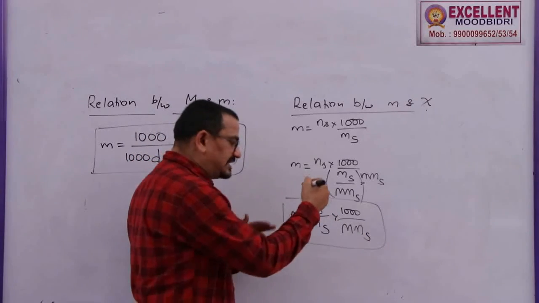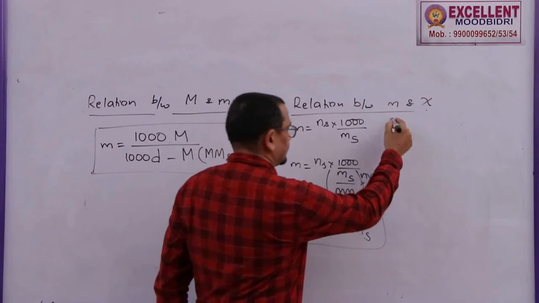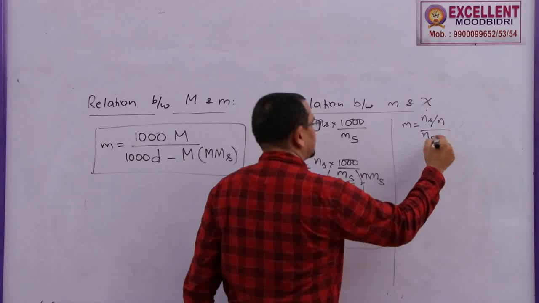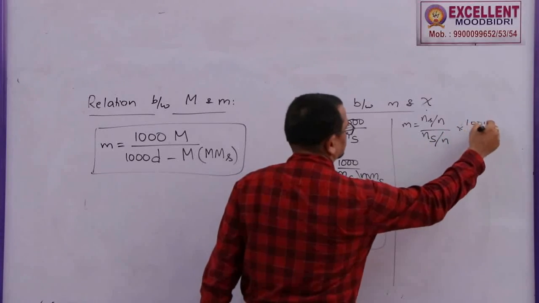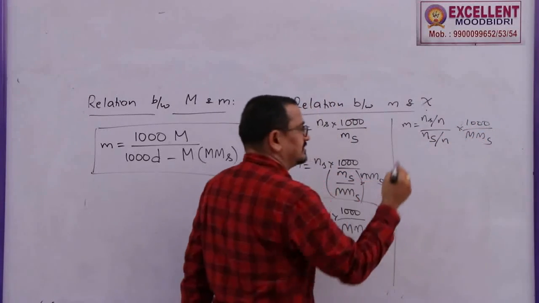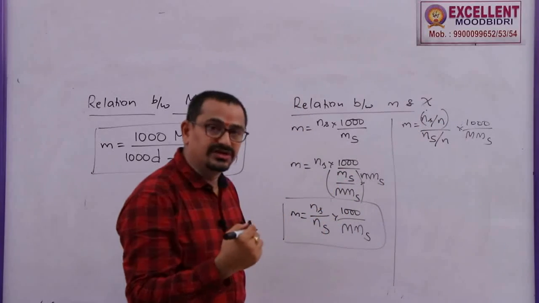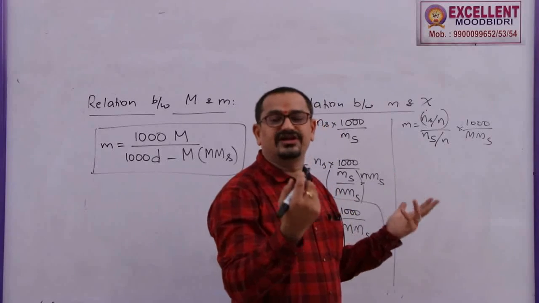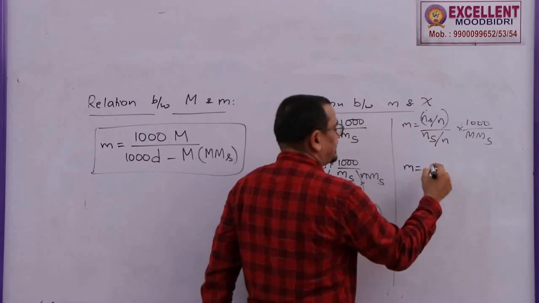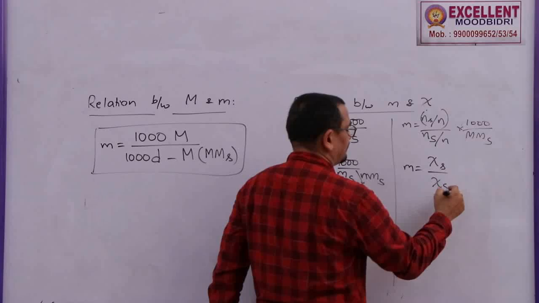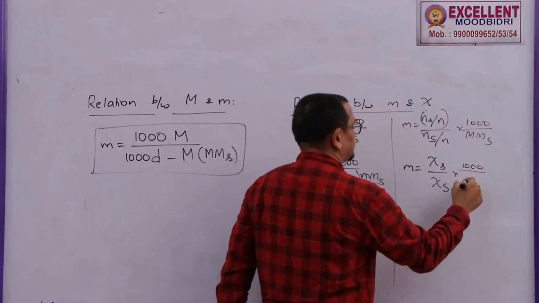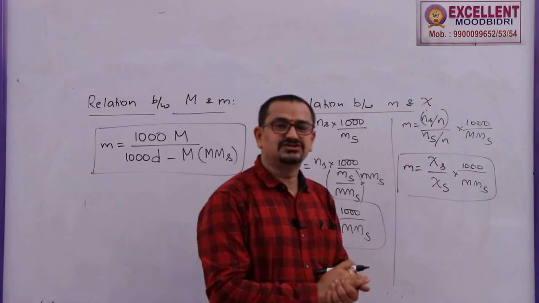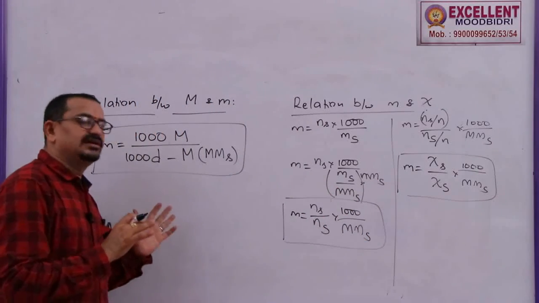And if you divide and multiply this with the total number of moles, molality equals number of moles of solute by total moles, over number of moles of solvent by total moles, into 1000 by molecular mass of solvent. You know that the number of moles of solute out of total moles is the mole fraction of solute, and the number of moles of solvent out of total moles is the mole fraction of solvent. So molality can be expressed as mole fraction of solute over mole fraction of solvent into 1000 by molecular mass of solvent. Capital S is for solvent, small s is for solute. Do remember this. So these are some relations based on which